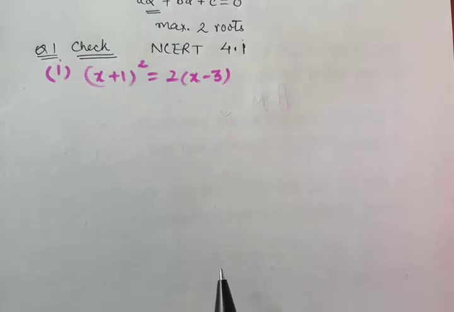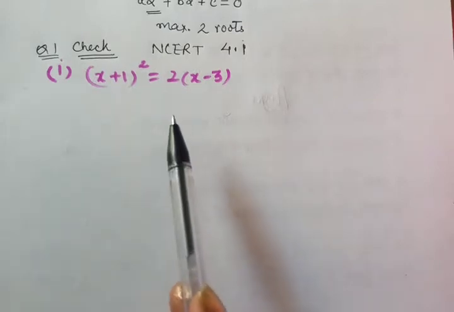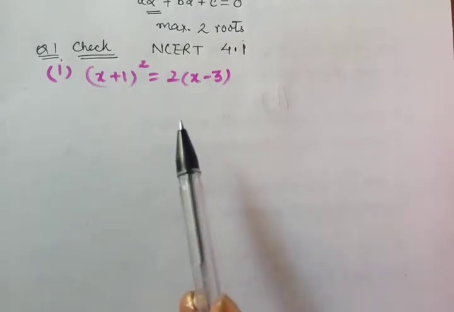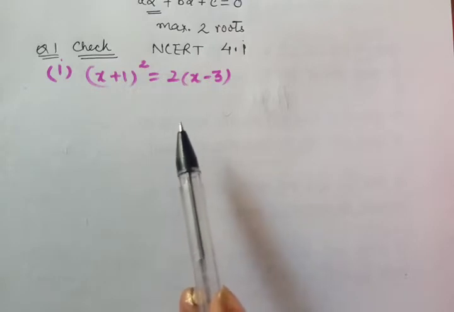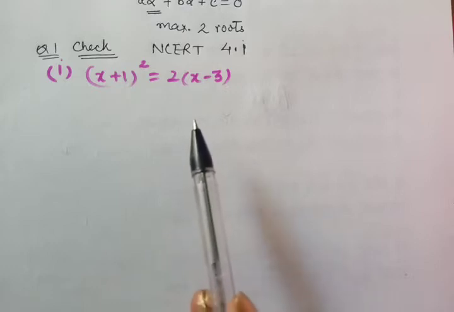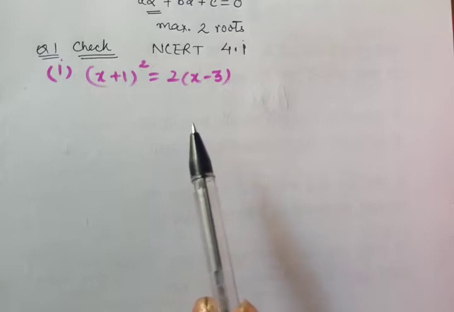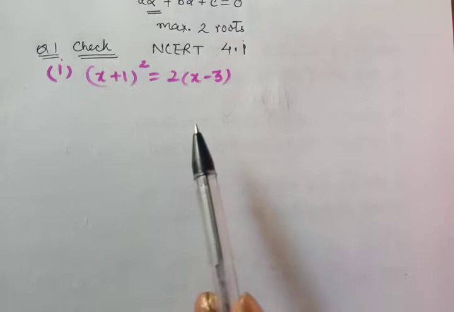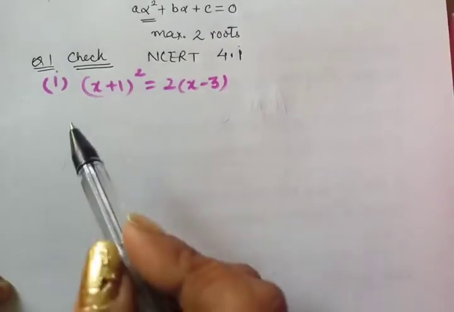Now let's go to NCERT 4.1 straight away. The first question says check whether the given equations are quadratic or not. These can be very well asked for 1 mark questions, very important, and usually children commit mistakes in solving these. So my suggestion is that there are 8 parts in NCERT. You should solve all the 8 parts on your own. Don't see the solution. Pause the video, solve them and just check your answer. Let's solve the first part.